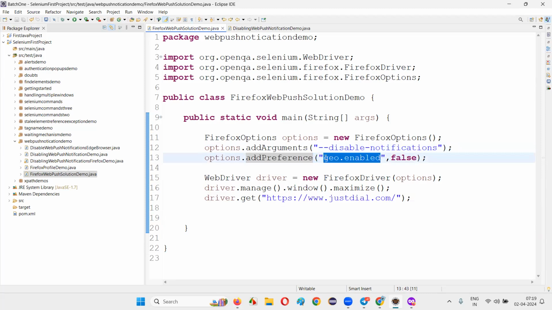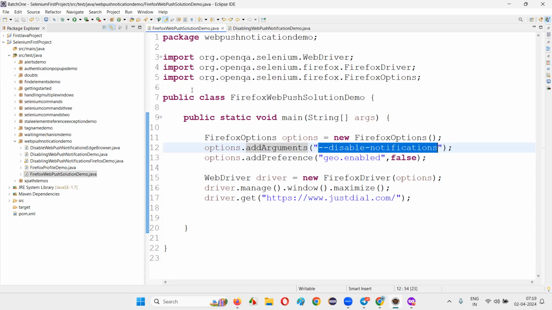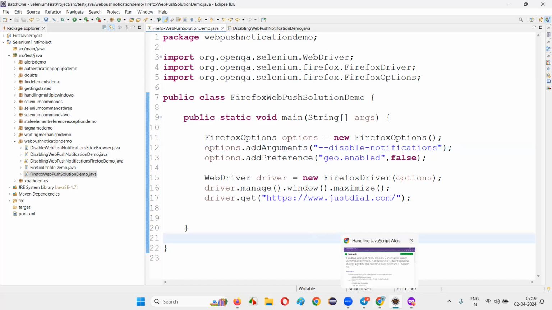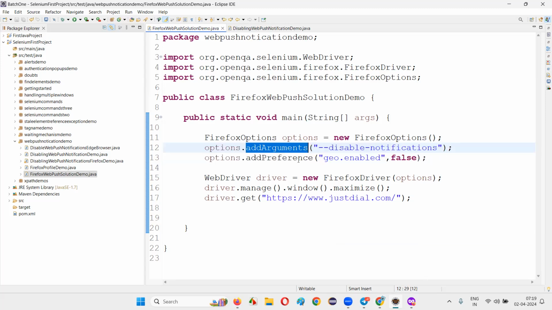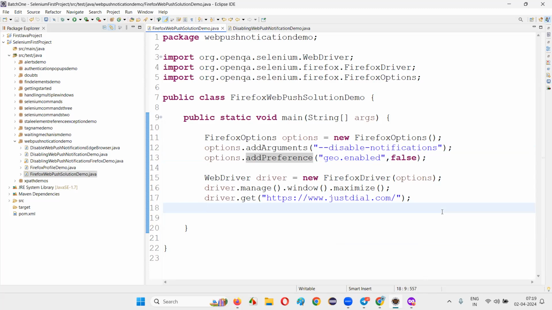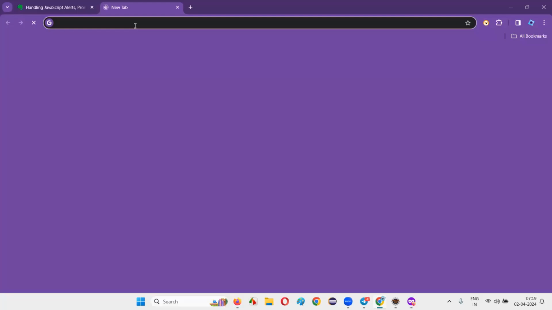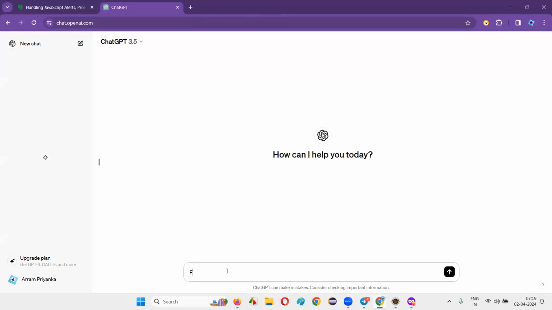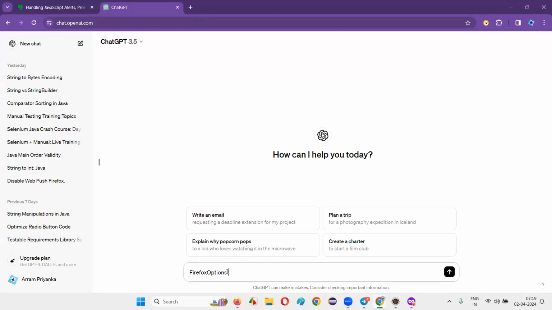In the preference, you are taking one kind of setting and either turning it to true or false. In the arguments, you are passing an argument which will disable the notification. We have to figure that out too, guys. You don't have to think that much about what add arguments and add preference will do. You just have to add them and get the things done for our automation. The focus should be on whether we are getting the results in the automation rather than what options you are working with. But since you have asked, we can do some R&D on Firefox options in Selenium